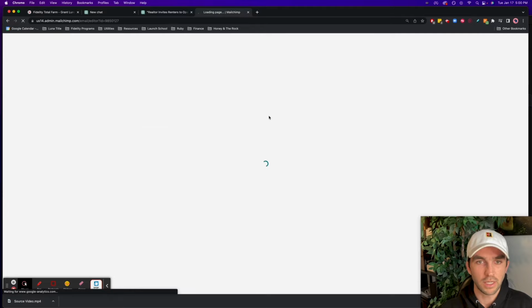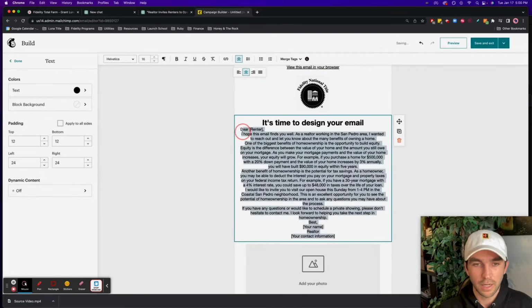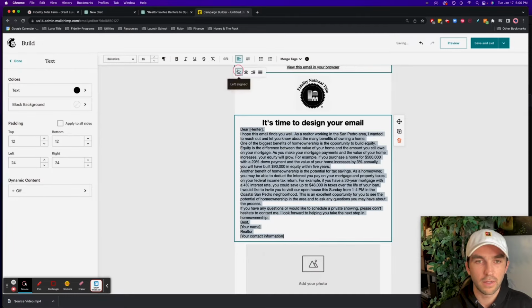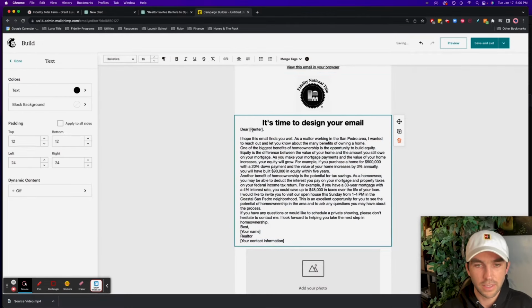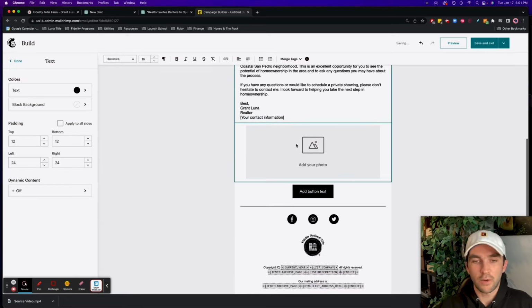It's going to give me just a default prompt to work with. So I'm just going to basically run with that. So let's move all of this text to the left and then paste it here. Let's just reformat this a bit. So now let's get rid of this. Let's just say, hello, future homeowner. Now let's just add some spaces in here. Okay, so I'll just put in my name here. You just obviously change all of this, put your contact information in,